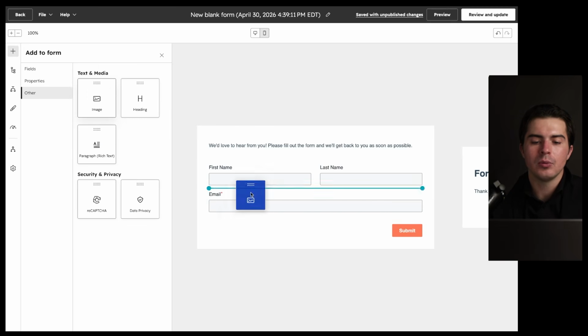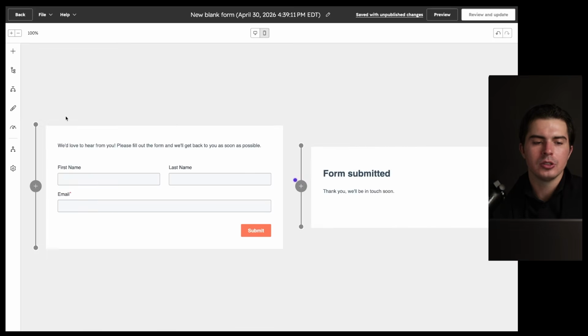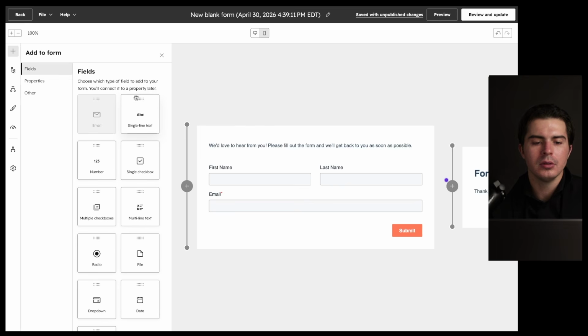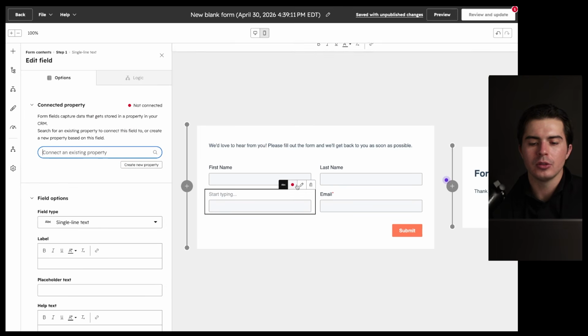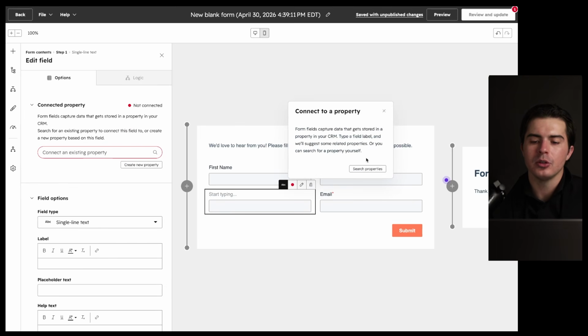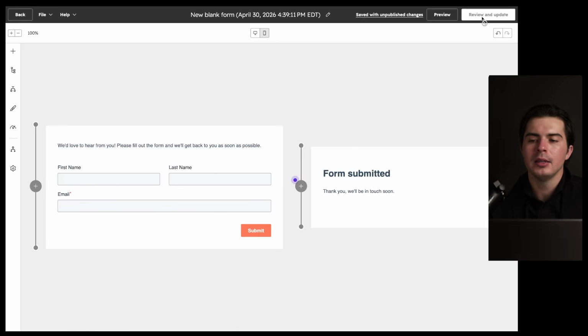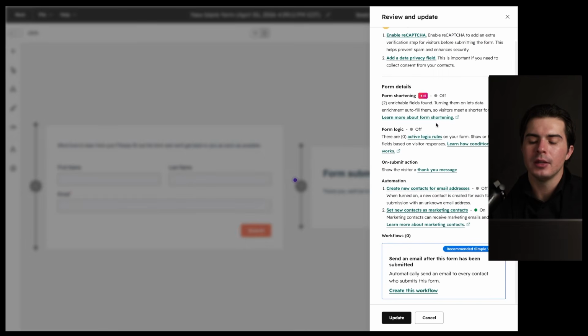But if we just add one here, I'll add a different field from fields. If I do this, you'll notice it's red. It's because it's not connected to a property. So you've got to make sure that they are connected. And then once you have done that, you can go to review and update, look at all the information regarding the form, update the form,